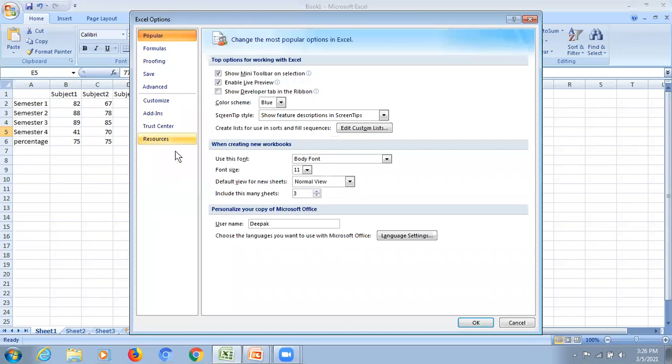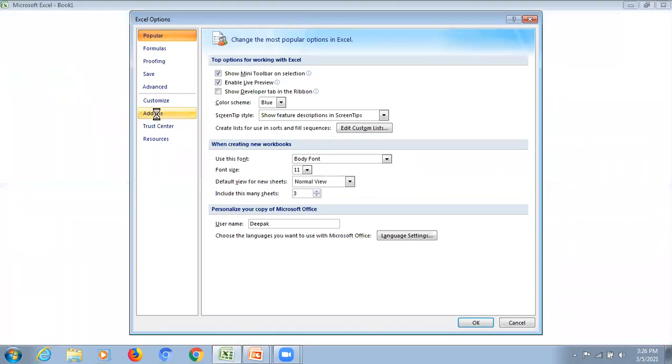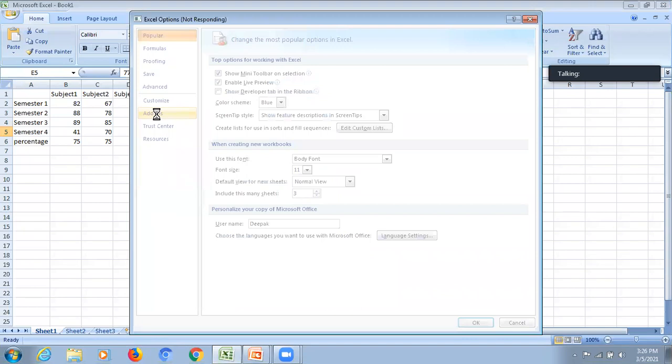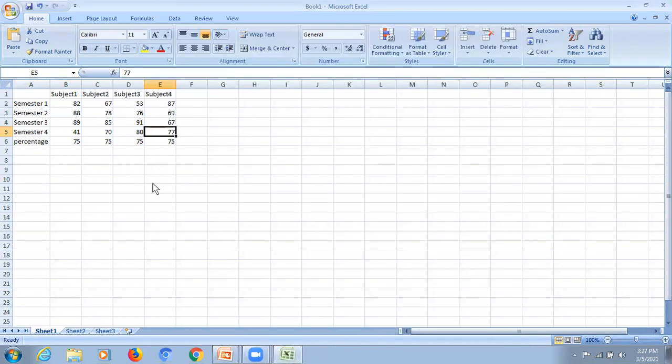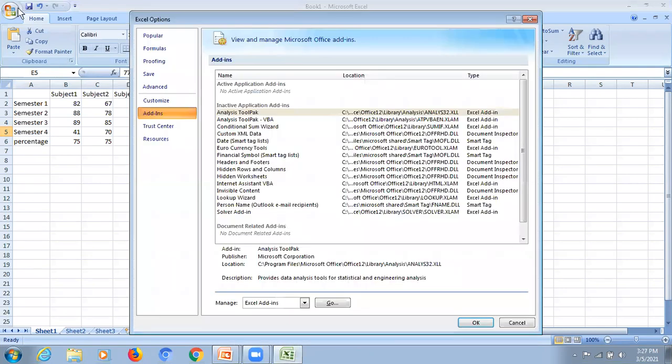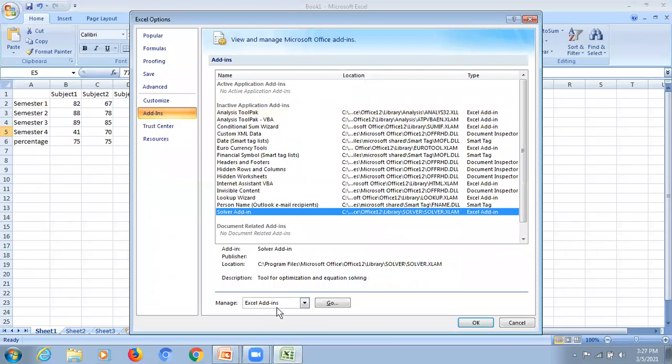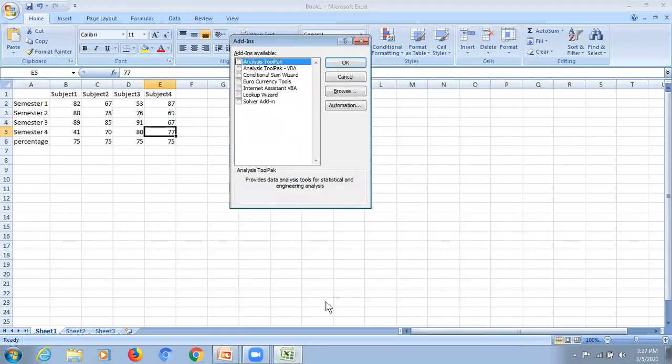In Excel Options, we will go to Add-ins. In Add-ins, go to Solver Add-in, go to Excel Add-ins and click on Go.